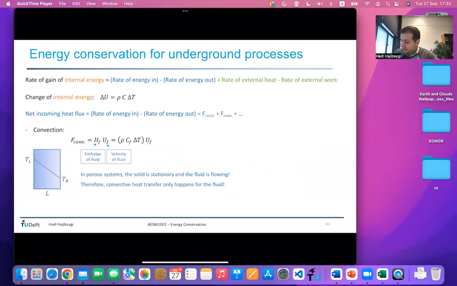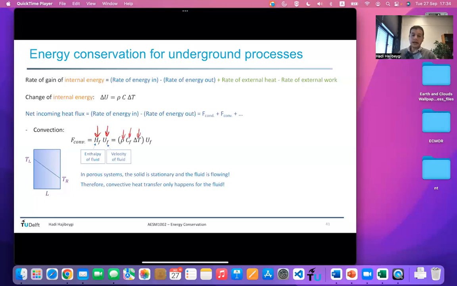So if you have a velocity U, then the enthalpy, the energy content of your system, of your molecule of, let's say, water, for example, in the geothermal system, would need to be multiplied with it, and so it would give you the convection heat flux, not conduction, convection. And if I write enthalpy based on the delta T, I will get density, heat capacity, delta